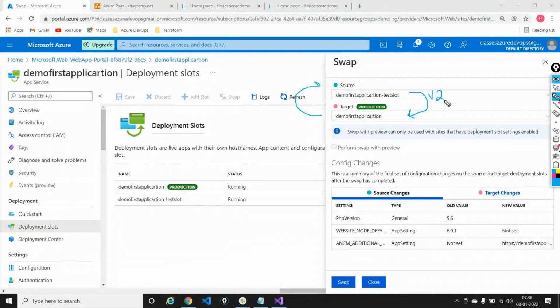The main application has version 1. So I'm trying to swap this out. That's the reason this feature is called the swap feature, wherein I'm making sure that the code that is in the slot is pulled into production, and the code that is in production is taken into the slot. So this is what I'm doing right now, and I'll say swap.